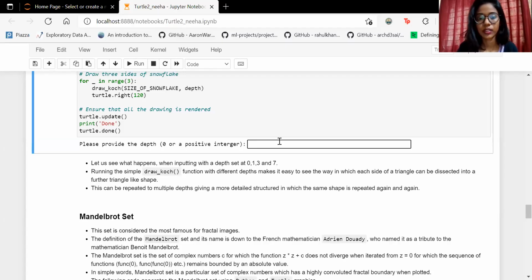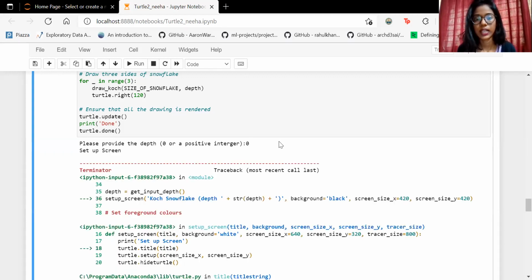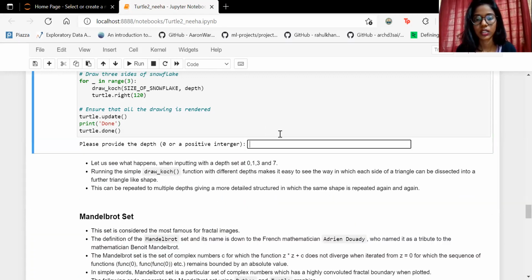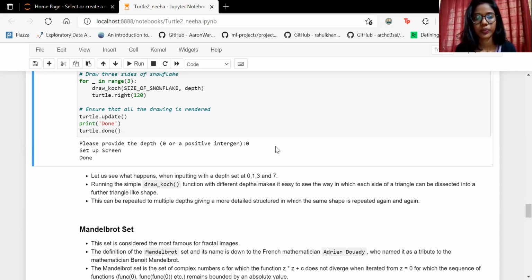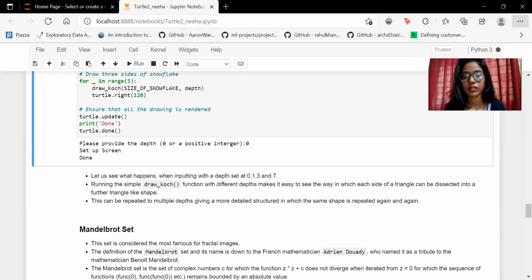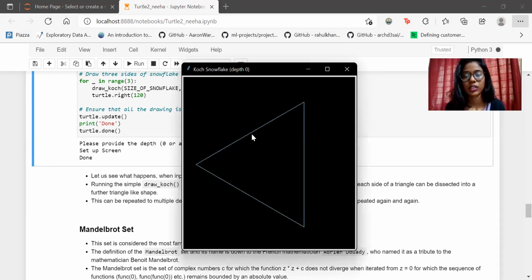Let's also try with the input depth of 0, pressing enter. You can see this was the snowflake that was generated.